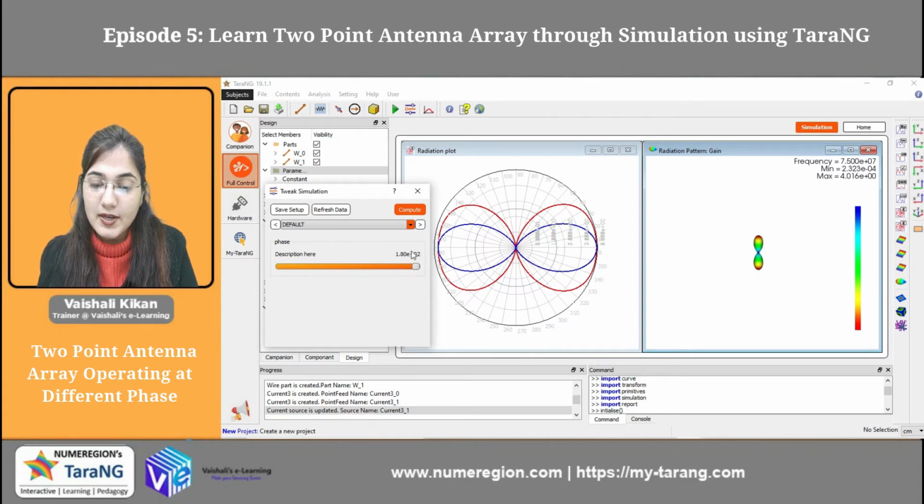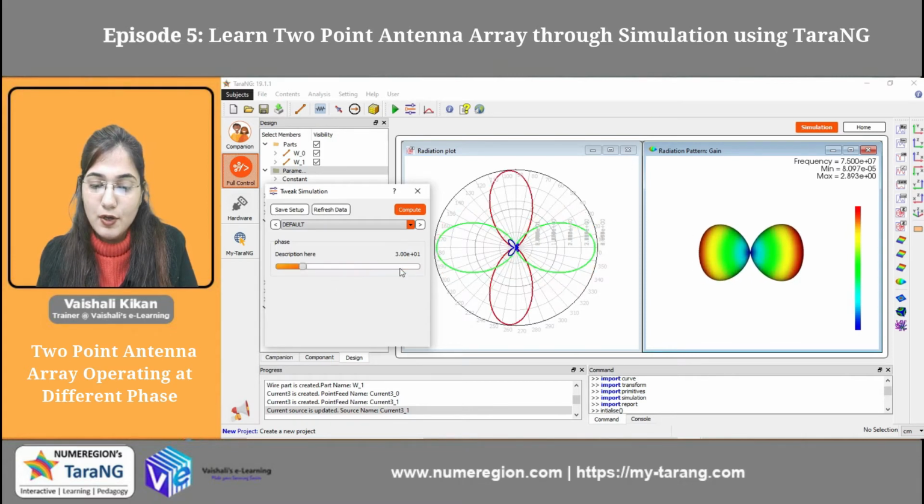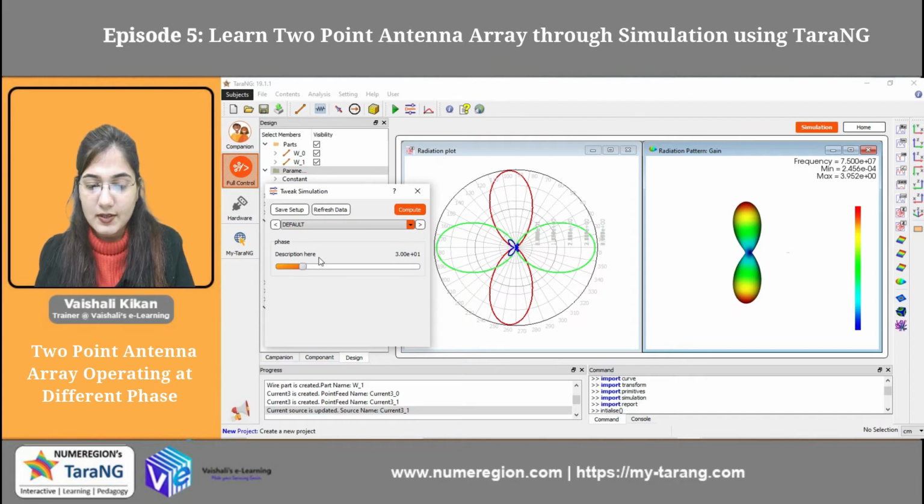Now if one would ask how I can observe the 3D radiation pattern, you have to click the refresh data option. Okay, so you can go to any option. Here you can see the radiation pattern for the 180 degree phase. For any center value, let's suppose my value is 30 phase, you can go to the refresh data option and you will get the 3D radiation pattern for this value as well. Okay, you can see it here.